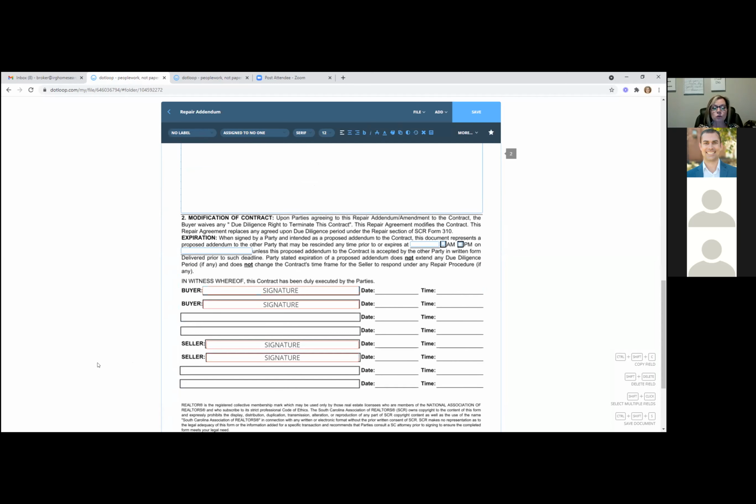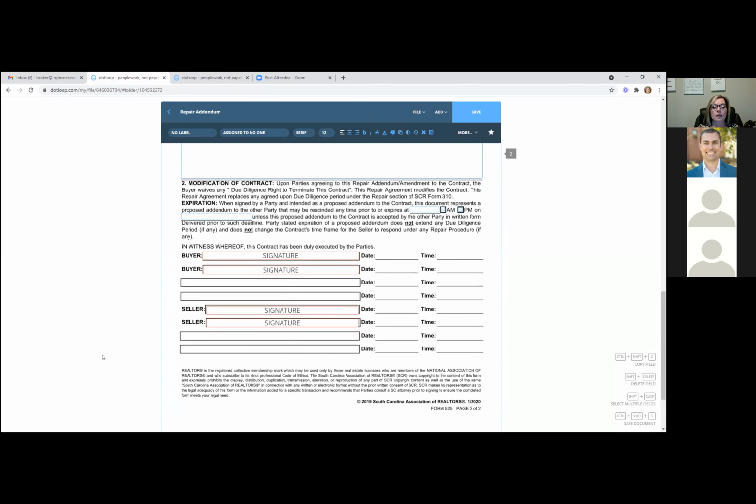Everybody has to initial and sign. Expiration: when signed by a party and intended as a proposed addendum to the contract, this document represents a proposed addendum to the other party that may be rescinded at any time or expires at blank. What that means is if you choose to put a date in here, you don't have to, but if you choose to put a date in here